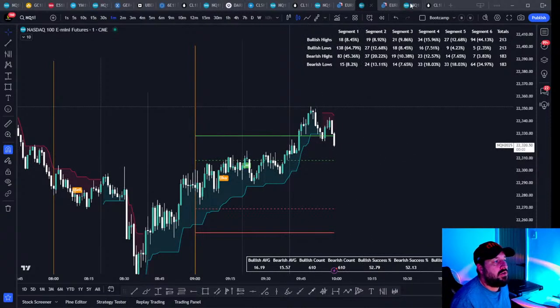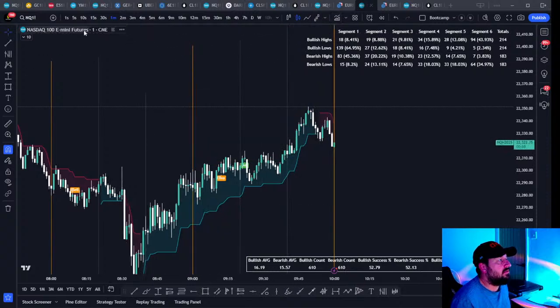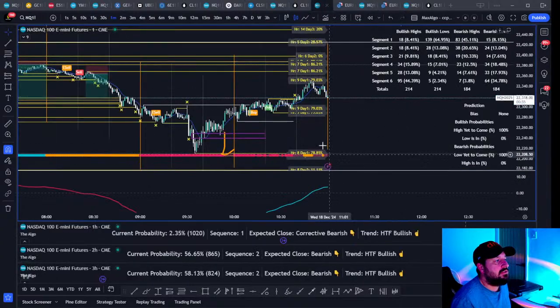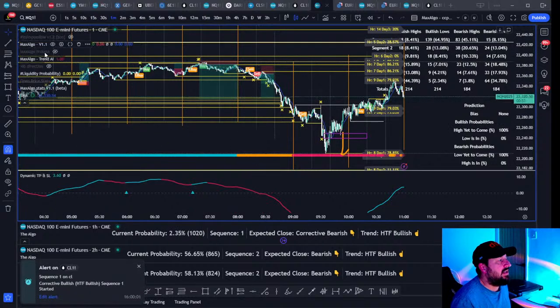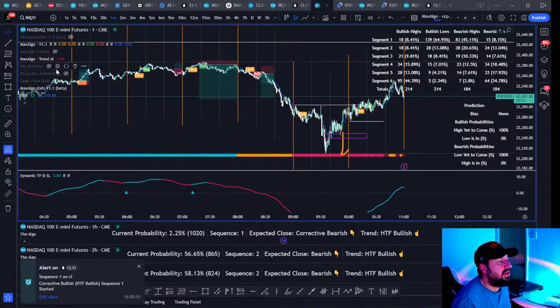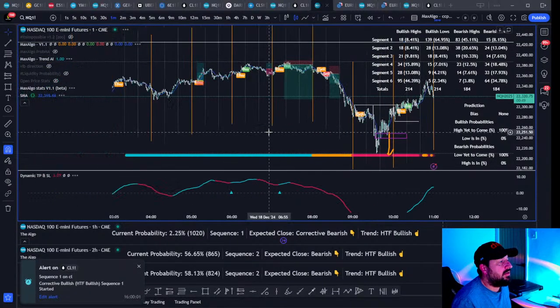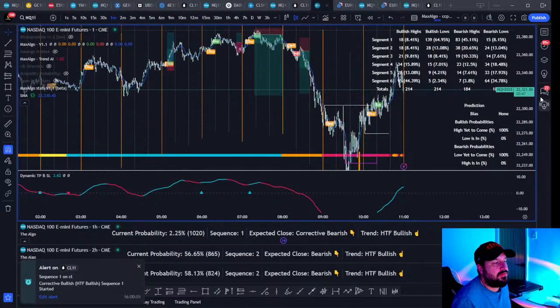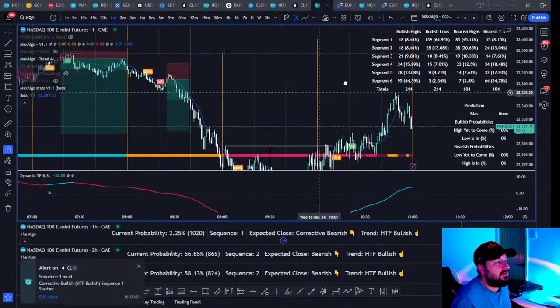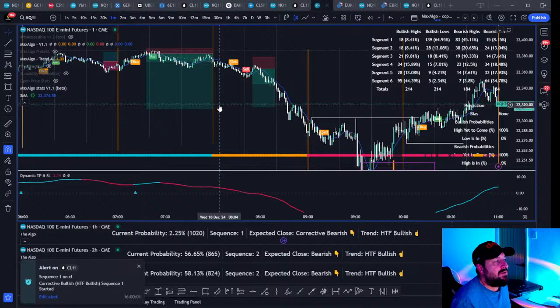I'll show you how it works right now, Rico. You ready? Really, really simple. Let's clean the chart. Let's make it really clean. Okay? You need to mark out an hour. All these orange lines are an hour. Obviously, our indicator does that for you automatically.